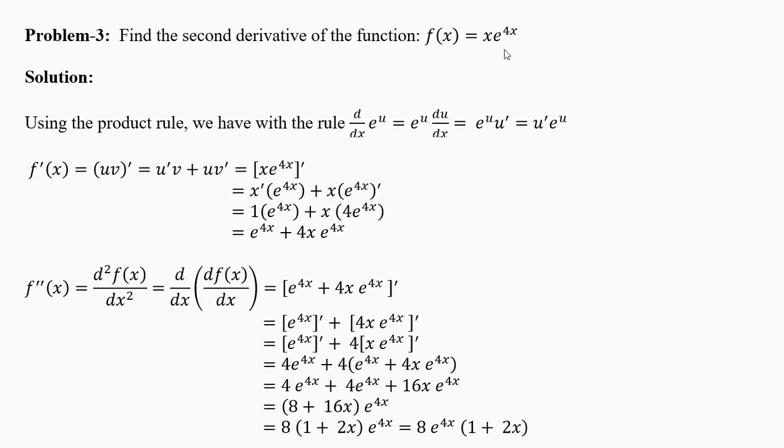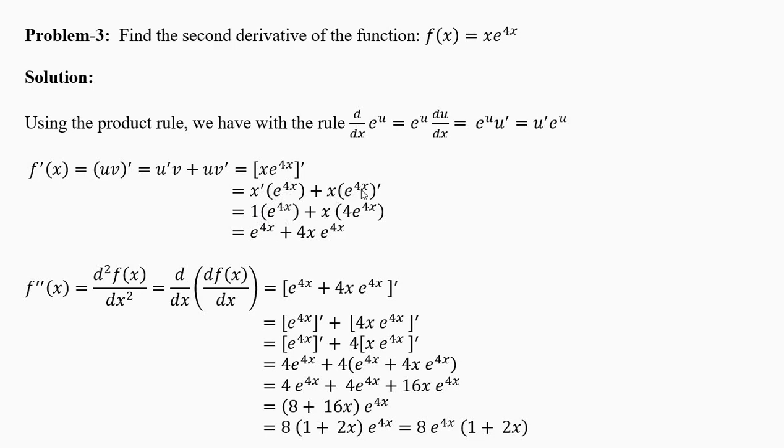Now here you are multiplying two functions. The first function is x, the second function is e power 4x. Now derivative of the first function into second function plus first function into derivative of the second function. Derivative of x is 1, you copy it in this step, but do not carry it forward. Now derivative of first function into second function, 1 into e power 4x is e power 4x, plus